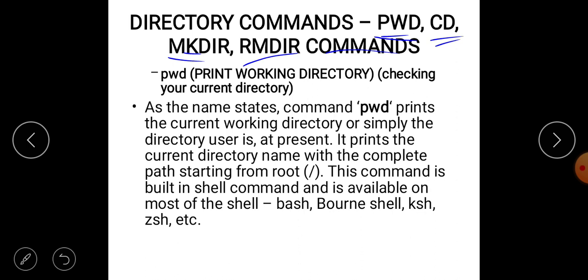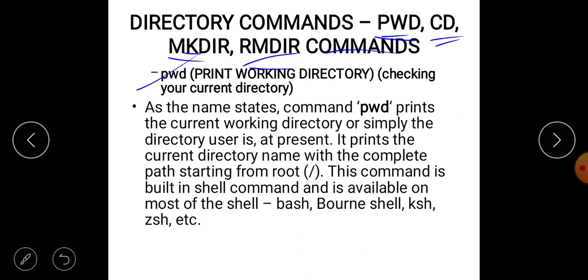To create a new directory, we are using mkdir. rmdir is nothing but remove directory. rmdir is used to delete a directory. These are the four commands we are going to see in detail.